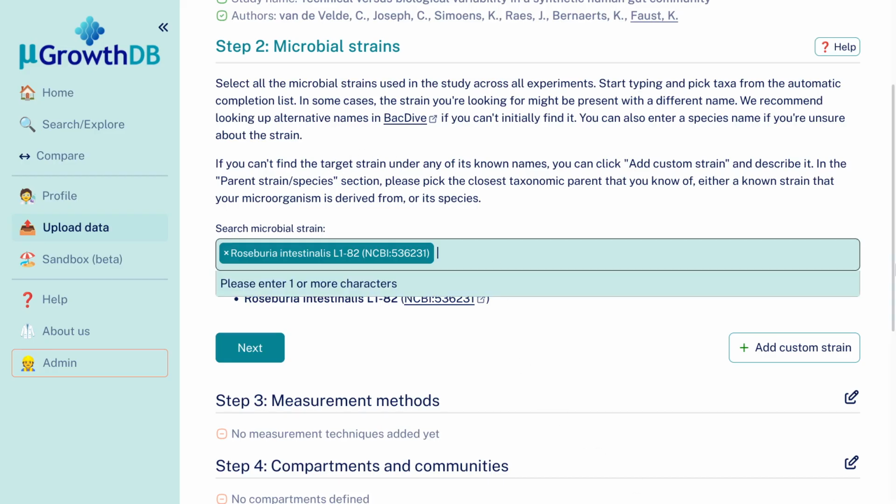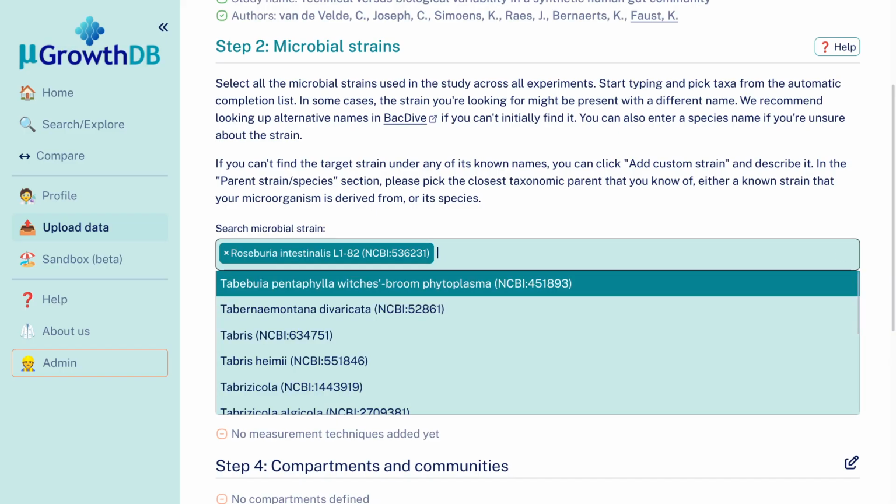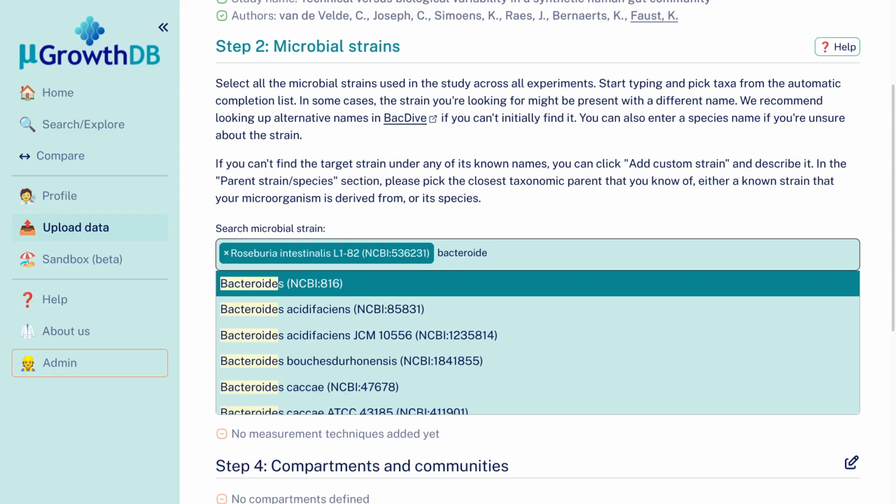Another thing to note is that if we start typing a word that is inside of a particular strain, for example, theta iota omicron, it will not be found. While the matching in the search is partial, bear in mind that it always needs to match the beginning of the strain. So you do need to either paste the strain designation or a species, or start from the genus designation. So I can type Bacteroides, and that will find something, and then